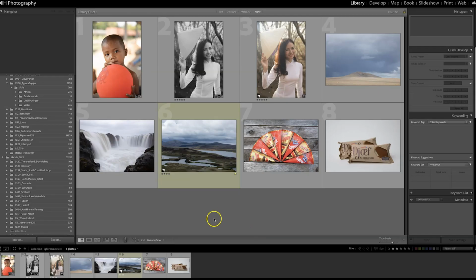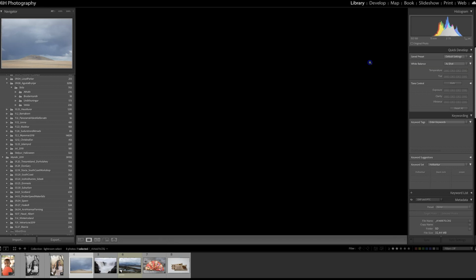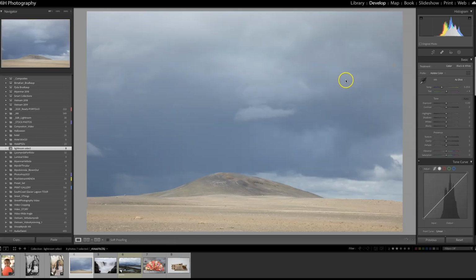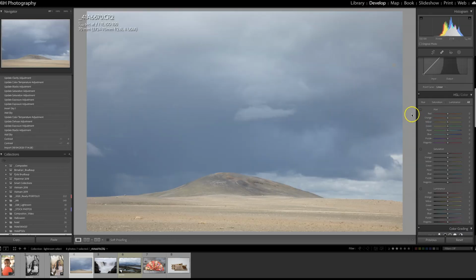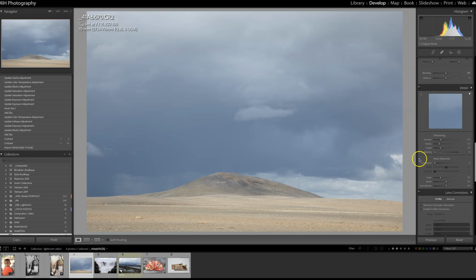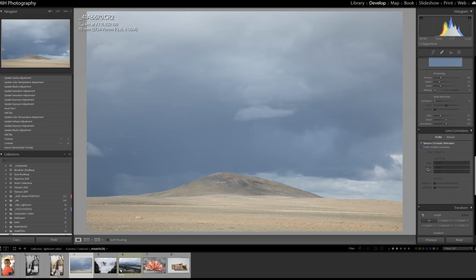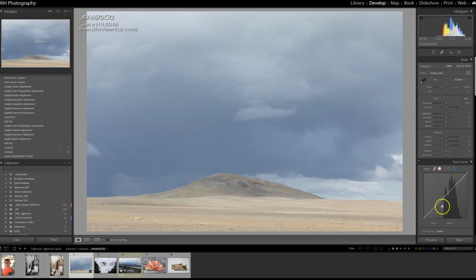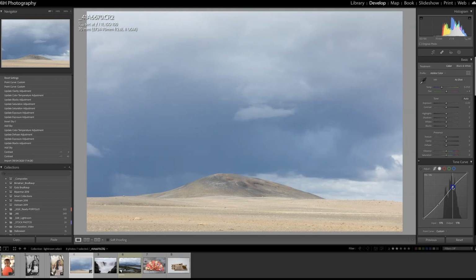So here we are in Lightroom. I have a few photos here. Let's start with this one here. Okay, first of all, it's a little washed out. There are a few global things I could do to enhance the photo before I even start, but